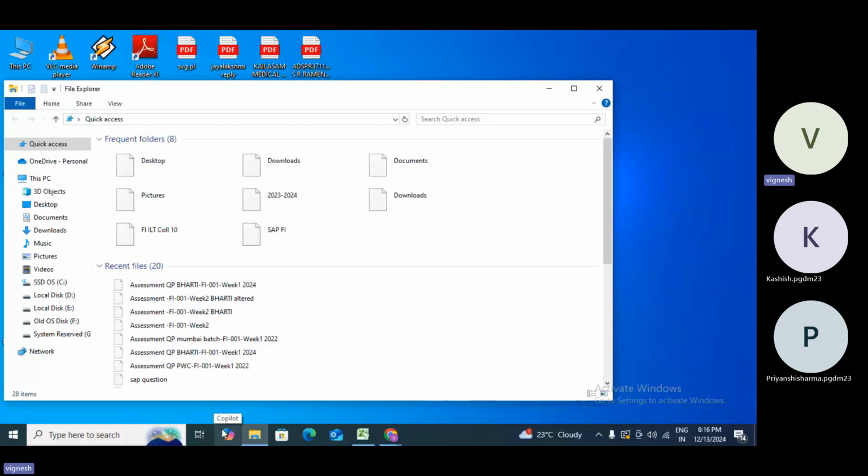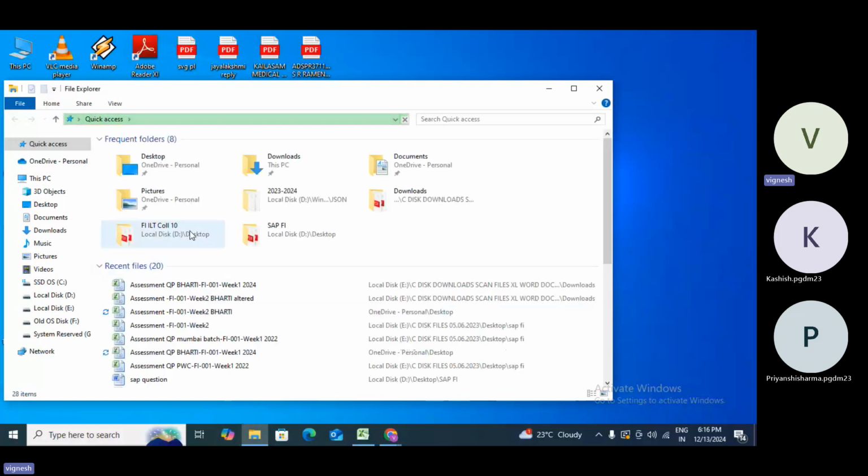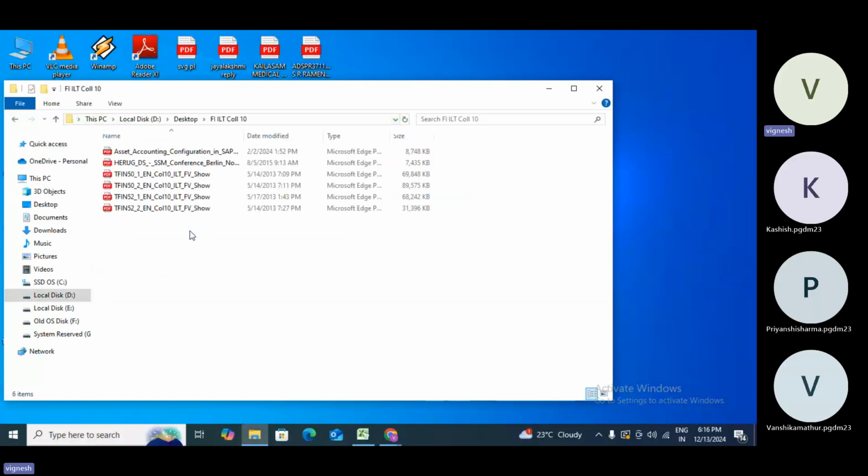So today we are going to see about the master data. Okay. So in that master data, we are going to see about